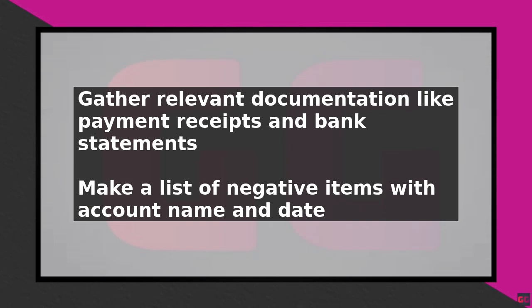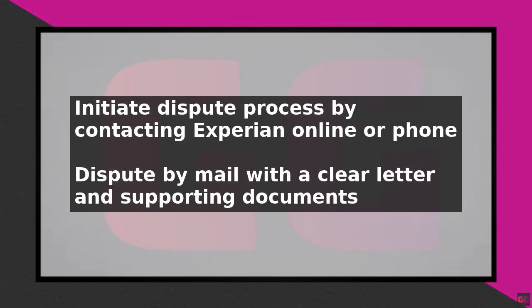Now, you can initiate the dispute process by contacting Experian directly. You can do this online, by phone, or by mail. When disputing online, create an account on the Experian website and follow the prompts to submit your dispute. If you prefer to dispute by phone, call the Experian customer service number and provide the required information to the